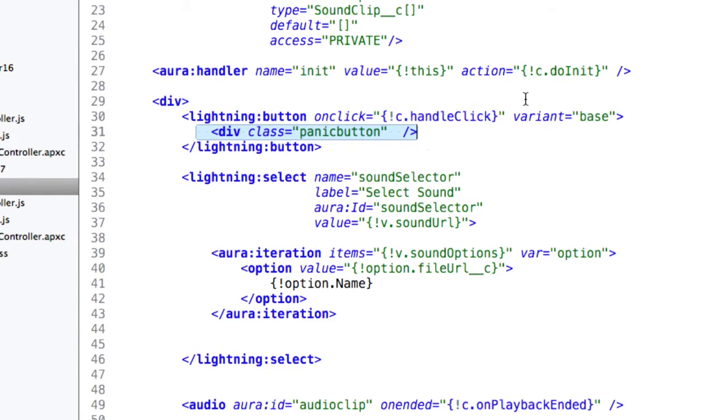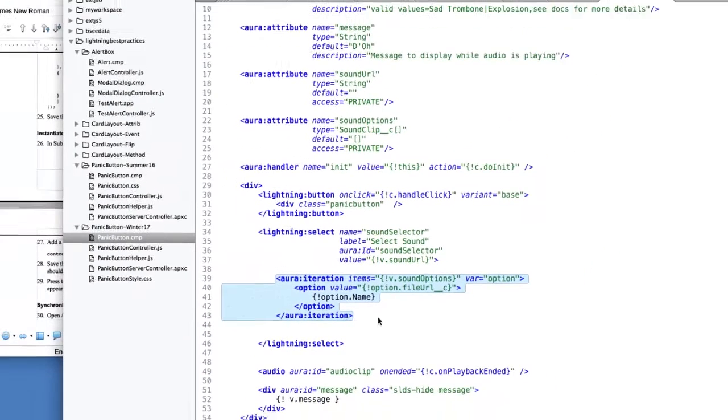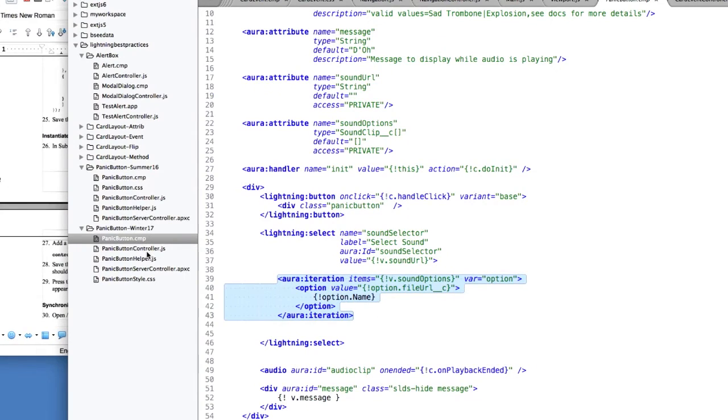On Lightning button, if you specify variant equals base, it won't give you the standard kind of raised edges around the border. So that's really nice, did a great job on that. I've got Lightning select. Instead of actually having to populate that select box using JavaScript, we can now do it declaratively through an Aura iteration. Okay, so I think that's actually an improvement. And if we take a look at